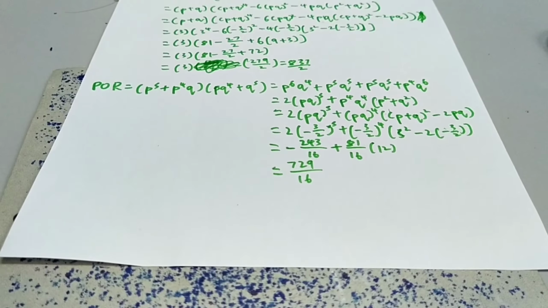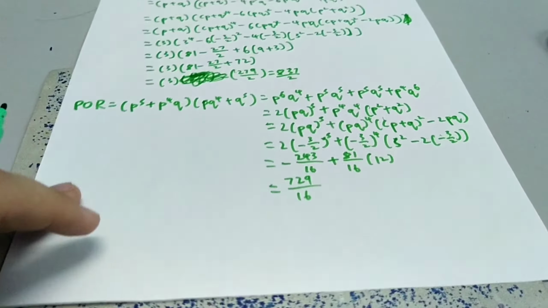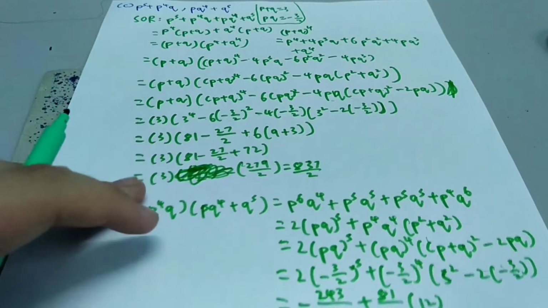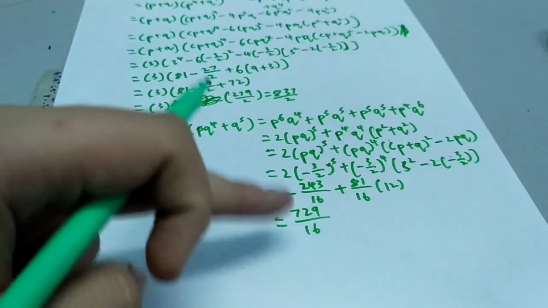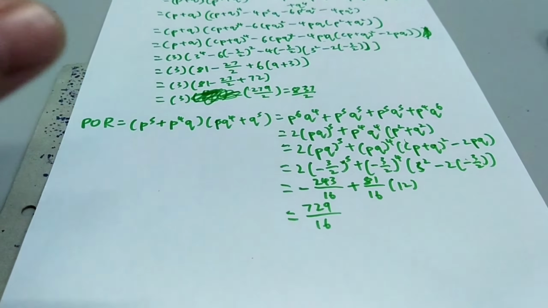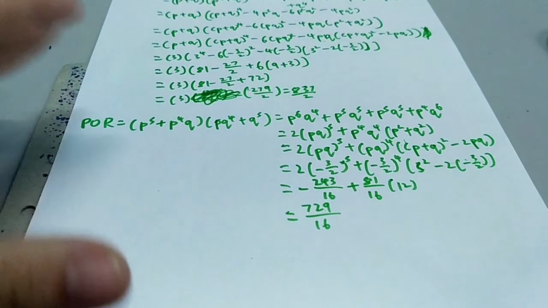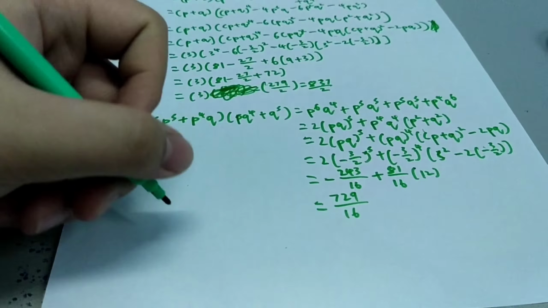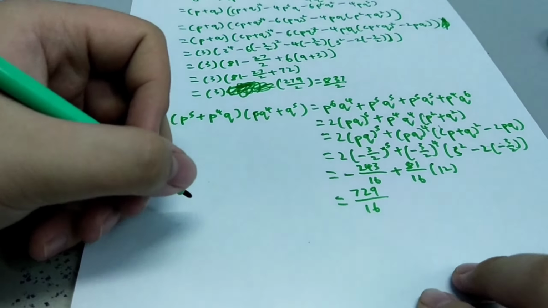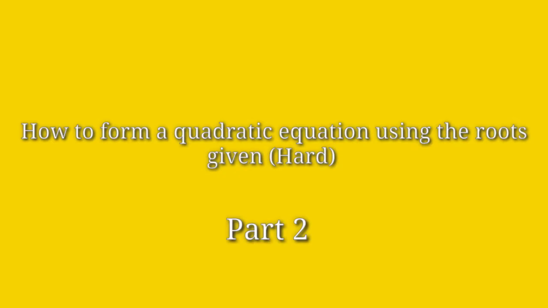So this is the final step. Since we already got the sum of roots and the product of roots of these following roots, we can finally form the quadratic equation. So